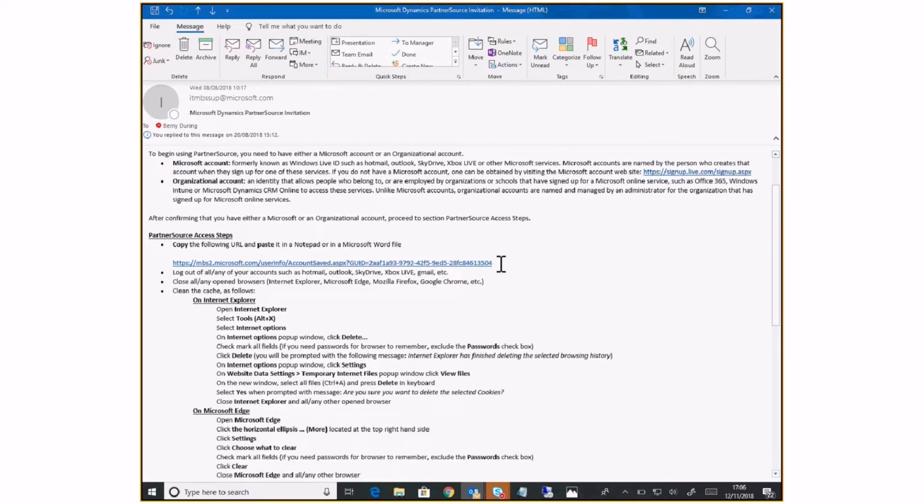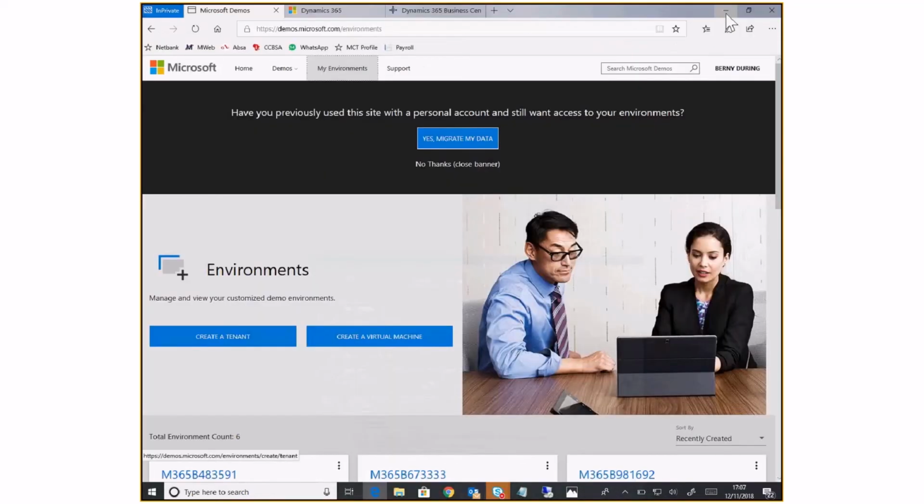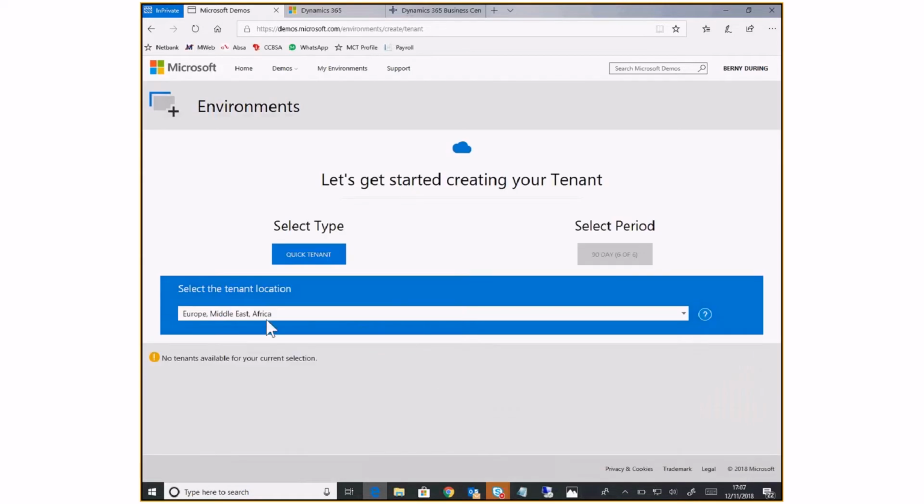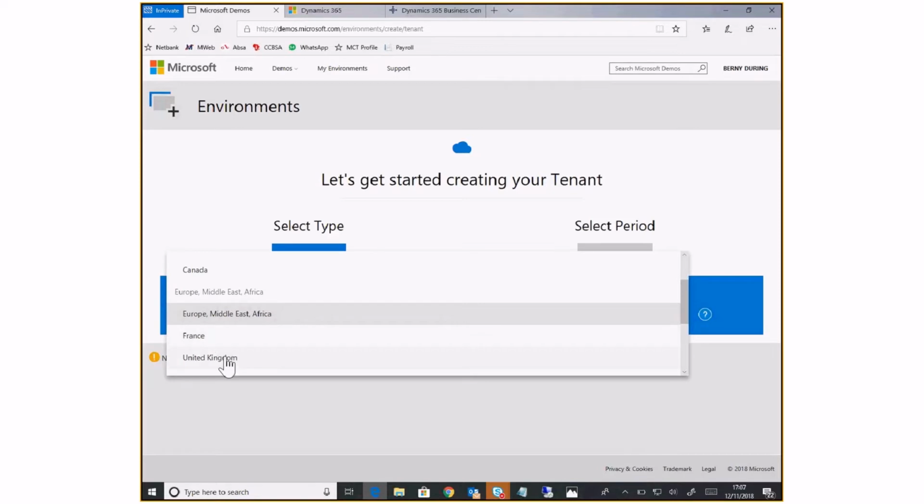Once your account is actually associated with an organization, and that organization is a Microsoft partner, you will have the ability to create tenants in this environment. I just want to show you guys, when you click on create tenant, it goes onto a screen. The tenant type will always be a quick tenant. You'll select the period, and then you'll have to select the region for which you want to create